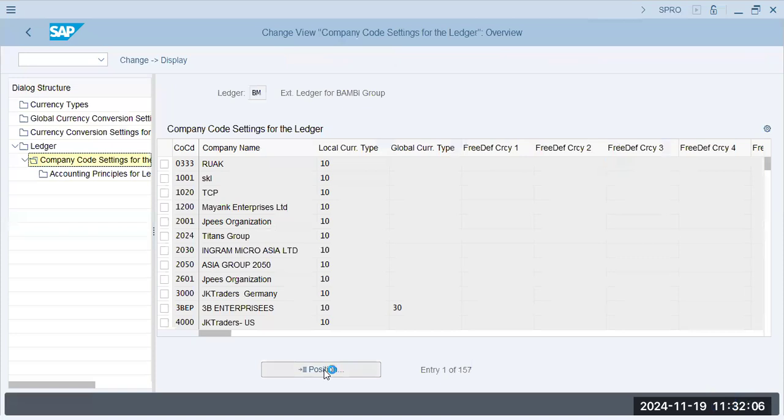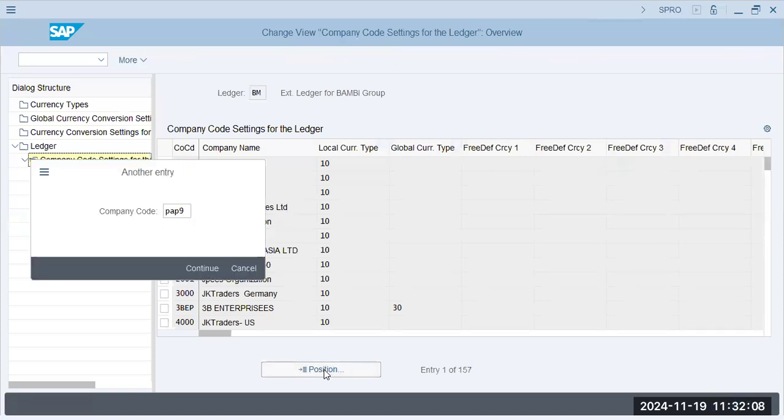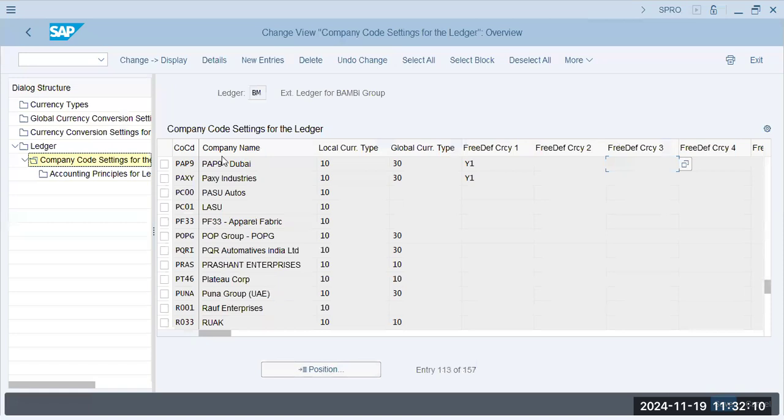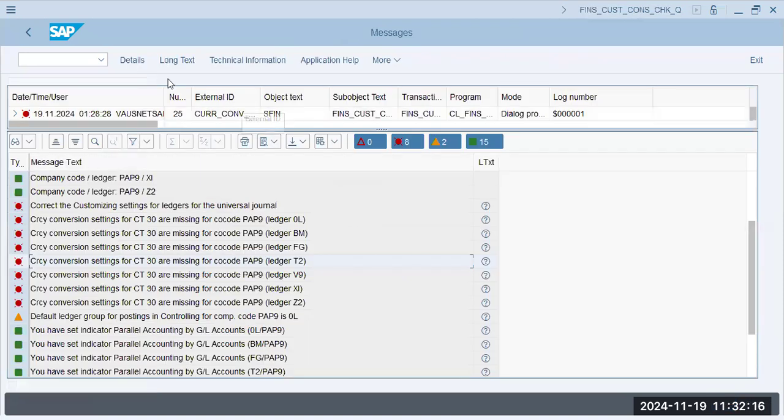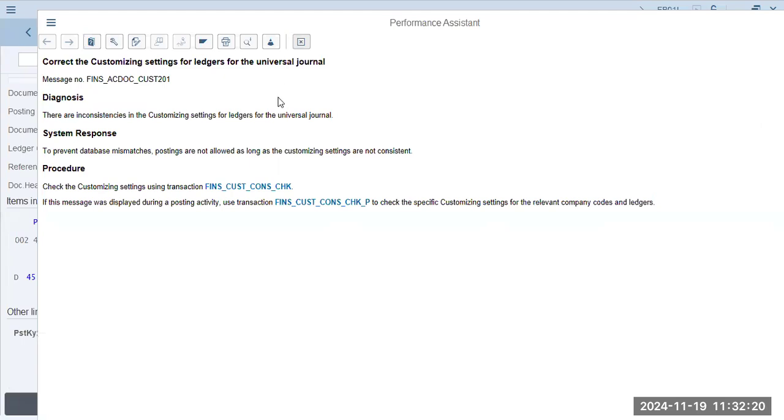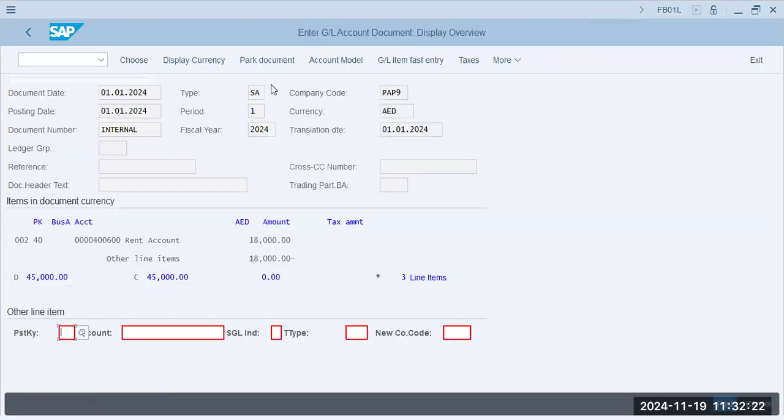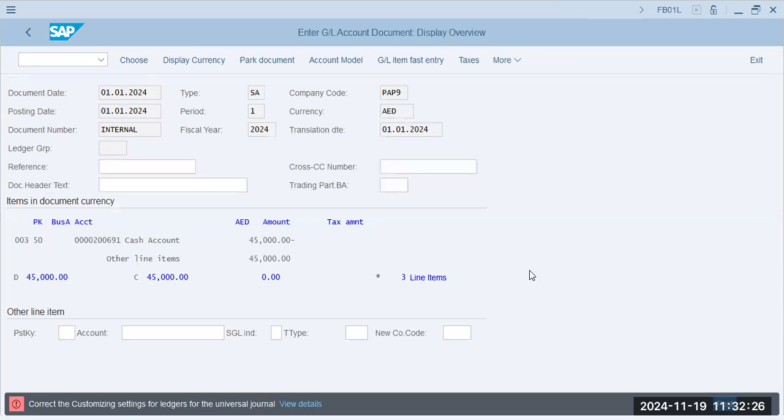Okay, PAP9. Okay, we don't want representation in an extension ledger somehow, but let me just try if this actually works out. The currency conversion settings are done. Enter and post. Okay, still says